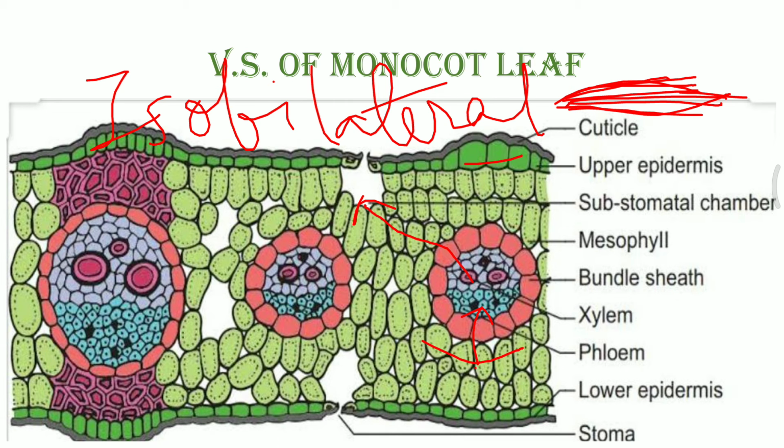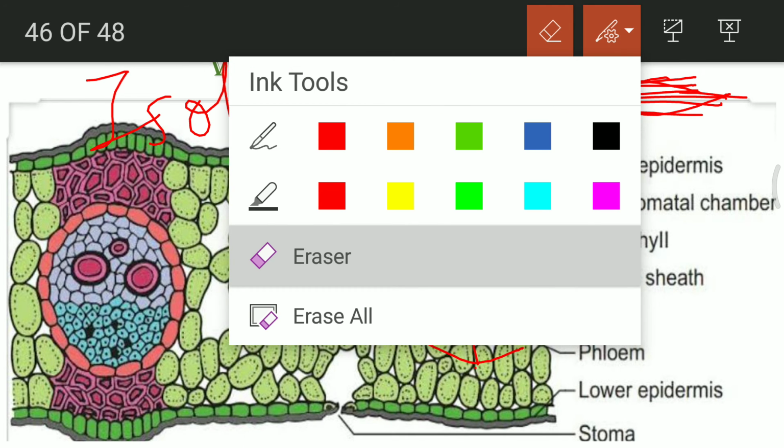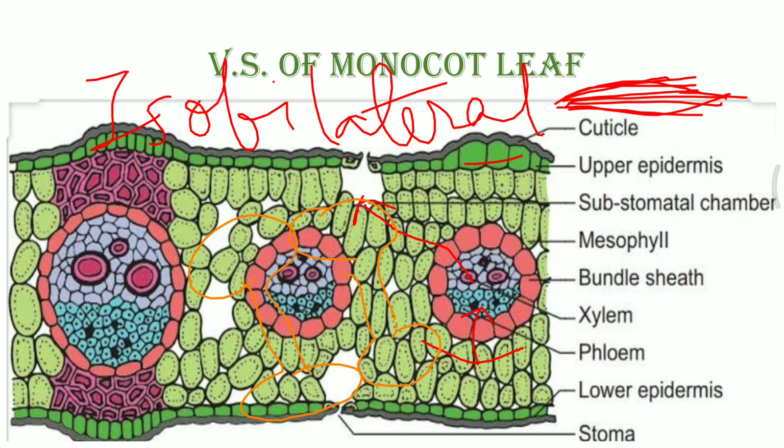So how are stomata formed? They are formed because of guard cells. So two kidney shaped guard cells are generally present in case of any dicot leaf. But here this is not a dicot leaf, it is a monocot leaf. So in case of monocot leaf, we see the presence of dumbbell shaped stomata, please remember this. Dumbbell shaped stomata is present in case of monocot leaf. This is something which is very, very important.